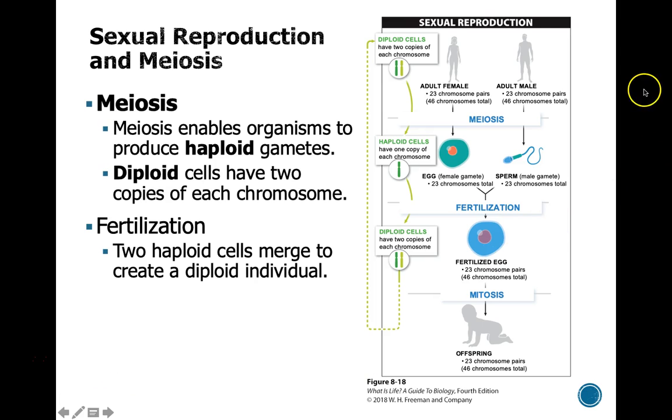So let's look at what this whole process looks like. So up here we have mom. She is going to donate an egg to this situation. We have dad, who's going to donate a sperm to this situation. As individuals and in all of their somatic cells, they have two copies of each type of chromosome. So if this was mom's set of chromosomes, she would have gotten one of each of these from her mom and her dad. Same thing with dad over here. He has a copy of each set of chromosomes, one from his mom, one from his dad.